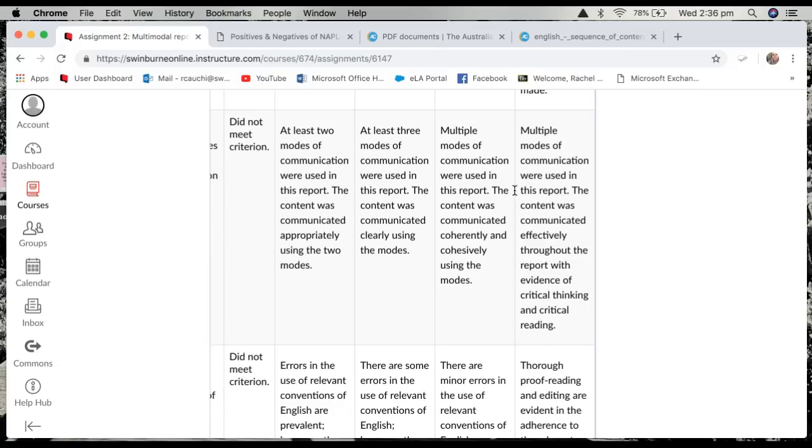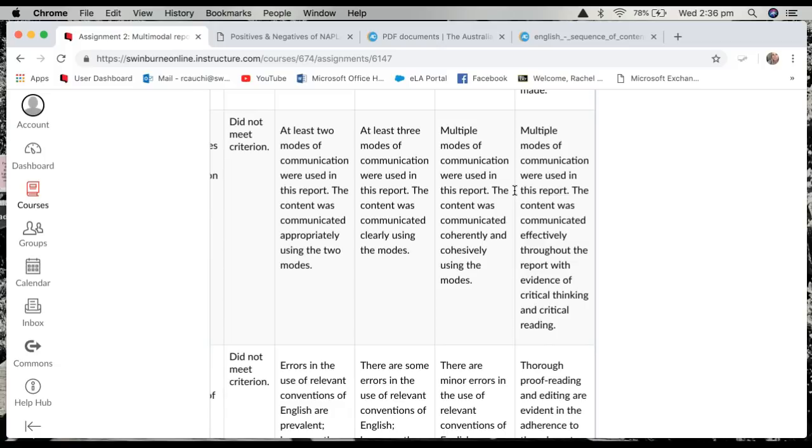So we want the images to be relevant. We want the way you're communicating to be really thorough, and I suppose for the things to have meaning to them. So if you're going to use a video, a text, or some sort of connection to something, some image, we just want it to be relevant to whatever you're talking about at the time. So if you're talking about something to do with NAPLAN and you're making a point about how the data is too old by the time it gets to you, you might have a link to something that's relevant to that. So you could have pictures,